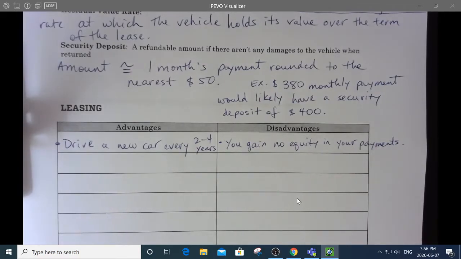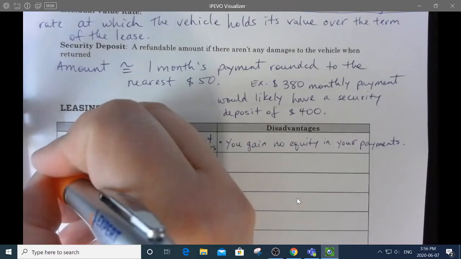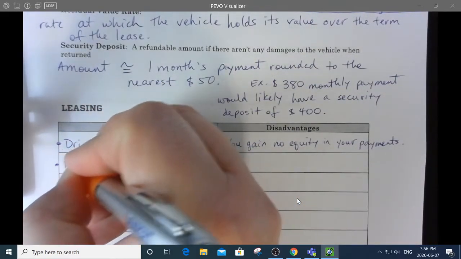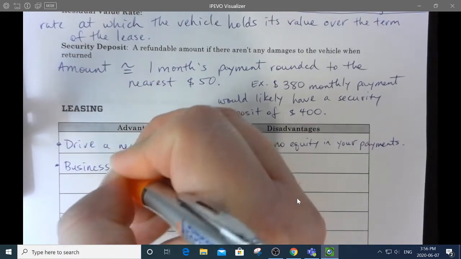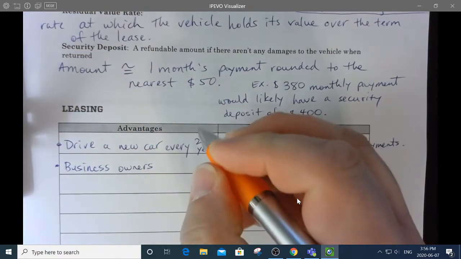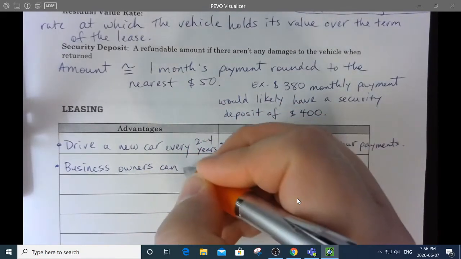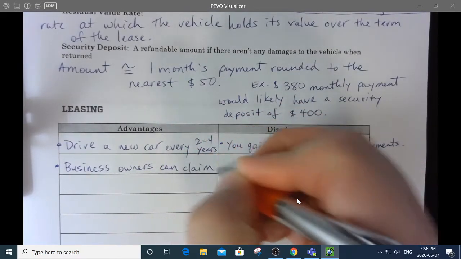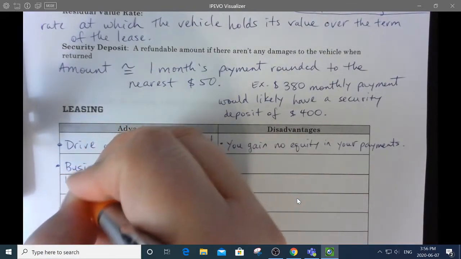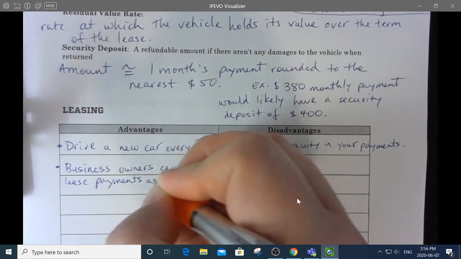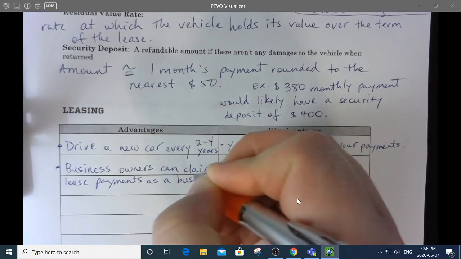So, like I was saying, business people tend to really like to lease vehicles because, well, there's actually 2 reasons for that. And one of them is, I'll put it as the next leasing advantage. Business owners can claim lease payments as a business expense